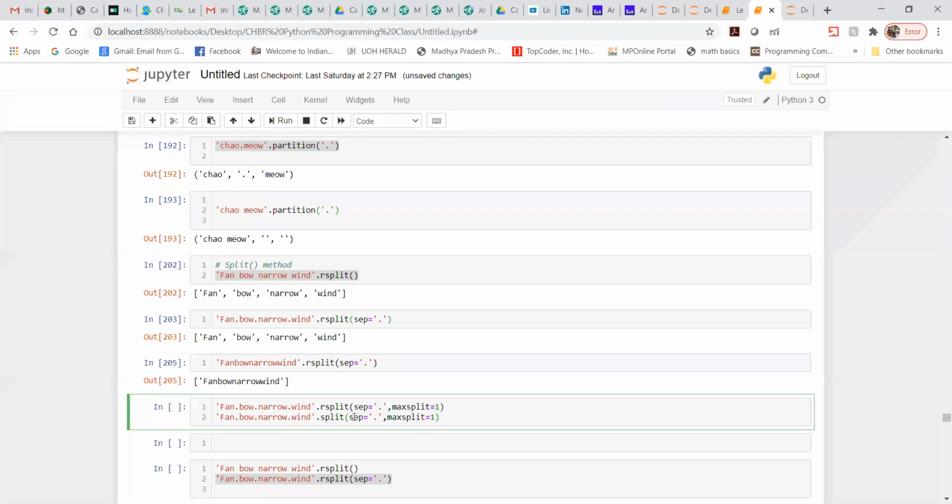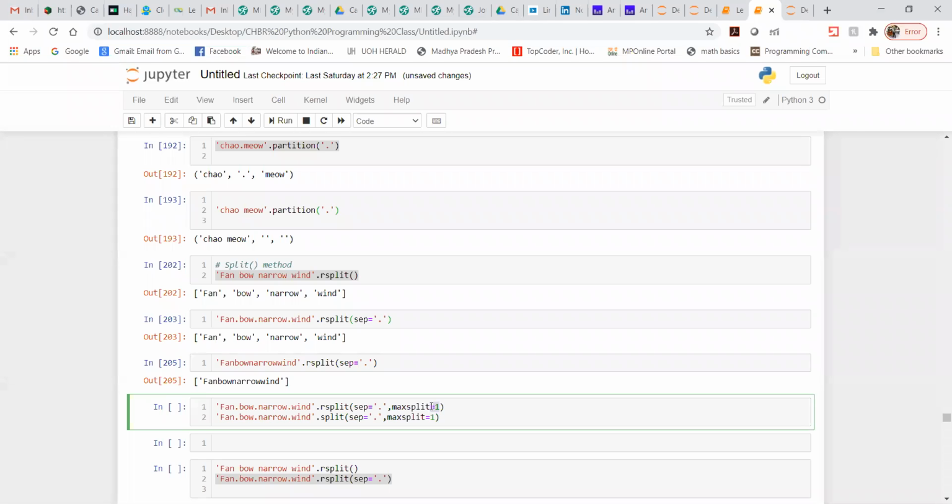You can see I am writing maxsplit equal to 1. If I specify maxsplit equal to 1, what does that mean? That means we need only one split. Guys, are we clear on this or not? I have mentioned maxsplit equal to 1, which means I need only one split.